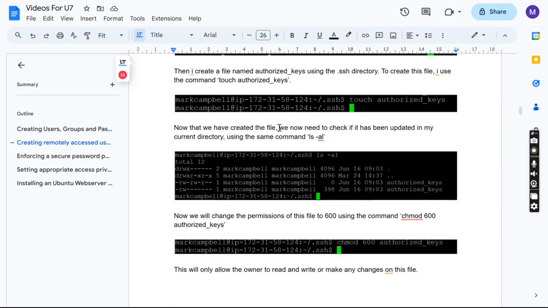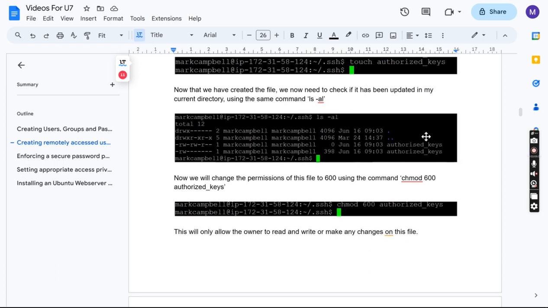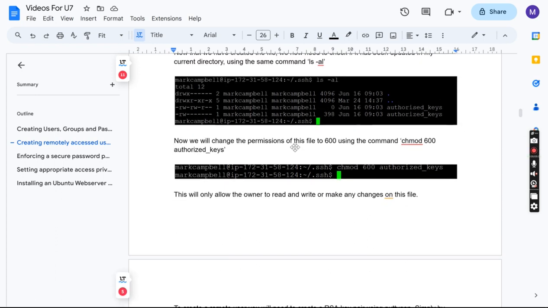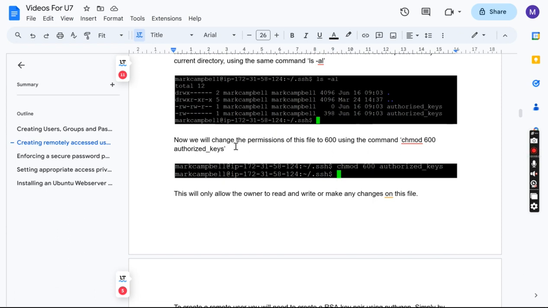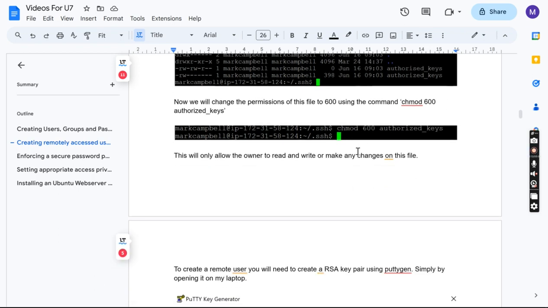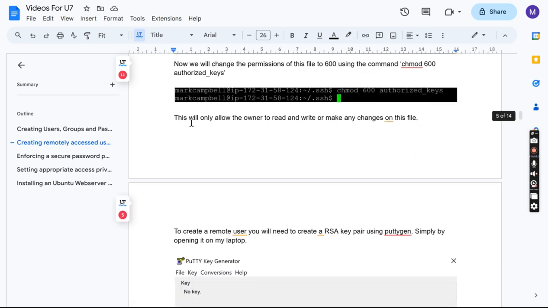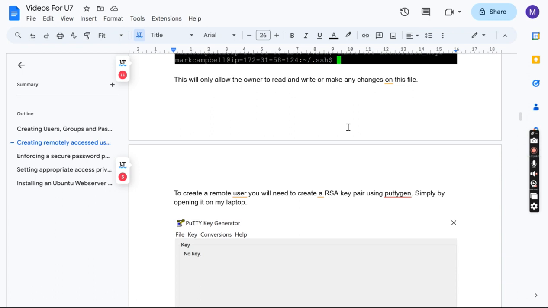Now that I've created the file, we need to check if it's been updated in my current directory using the command ls -la. As you can see, it hasn't been updated. Don't worry about this one, I spelled it wrong. Anyway, now we will need to change the permissions of this file to 600 using the command chmod 600 authorized_keys. As you can see here, this will only allow the owner to read and write or make any changes on this file,